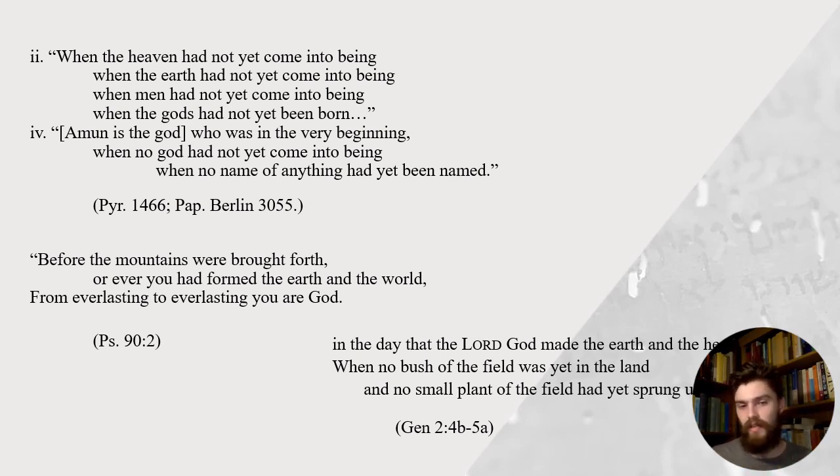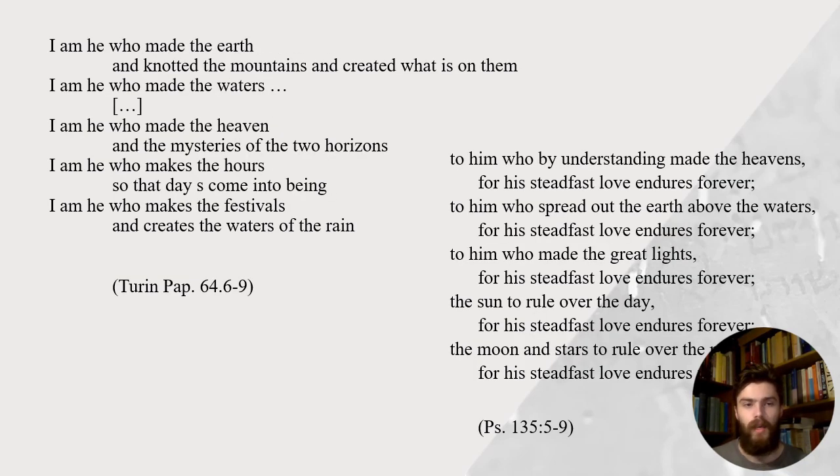And even in the understanding of Genesis 2, where there's this idea that no bush of the field, no land had yet appeared, no plant of the field had sprung up. This idea that before all this had happened, God was creating and existing. It's very similar to the understanding of no earth, no men, no heavens, and no names for anything, especially the understanding of names in the Egyptian understanding parallels with the biblical portrait. In the Turin Papyrus, we read, I am he who made the earth and knotted the mountains and created what